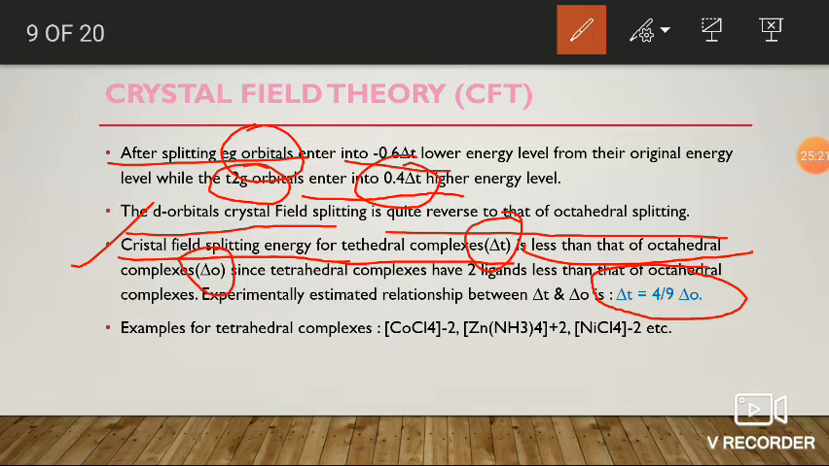If you consider some examples of tetrahedral complexes, they may be tetrachlorocobaltate, tetraamminezinc ion, or tetrachloronickelate ion, or any other. These are some examples of tetrahedral complexes. Okay, fine. Next,